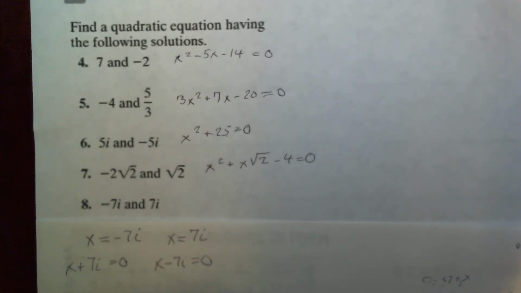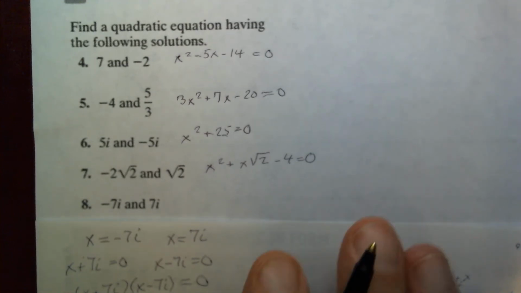Multiplying these two expressions, we get x plus 7i times x minus 7i equals 0 from the zero product principle. So it gives us x squared minus 49i squared equals 0. And since i squared is minus 1, we get x squared plus 49 equals